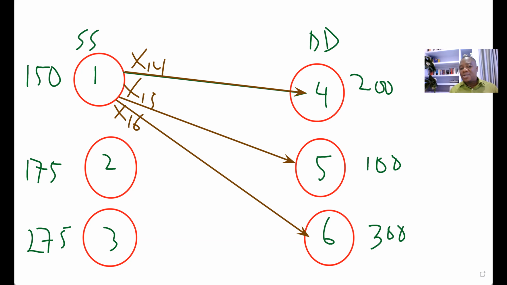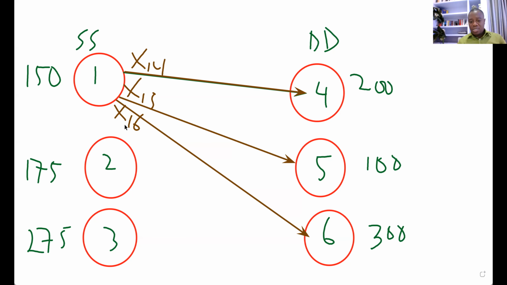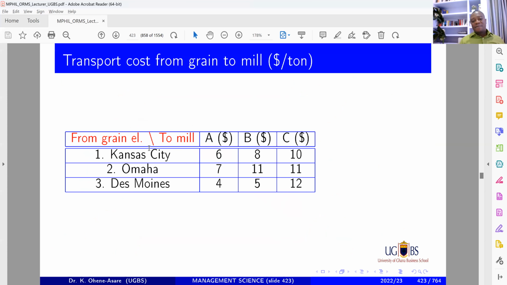Once you've indicated all of these, you also must add the cost. Remember, what are the costs? If you go to the slides, let me quickly take you there. You know the cost associated. From Kansas City to the other three, you have 6, 8, 10. Yes. You have 6, 8, and 10. And so when you come to the drawing, you have to ensure that these 6, 8, and 10